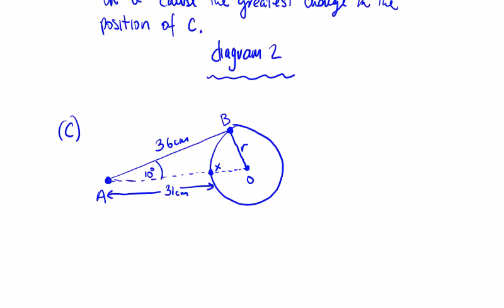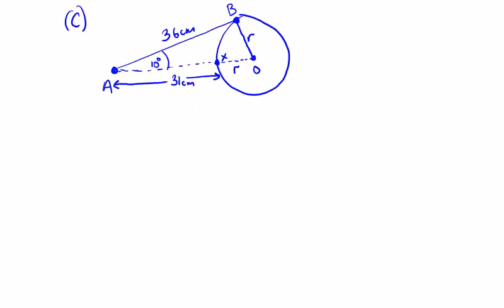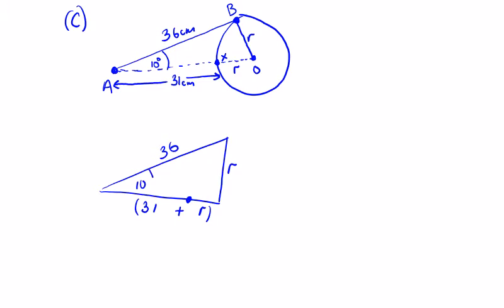In the last part of this question, you're given a new crank mechanism with the values 36 for AB, 31 for AX. So this is OR, wasn't given. This OR was between B and O, and the 10 degree angle. So if we just take that triangle out again, we're looking for OR here. So I just do a version of the triangle. We have OR, so 31 plus OR is this side. We have a 36 and we have a 10. So I just have one unknown OR, but I have 2 sides and the angle in between, which is